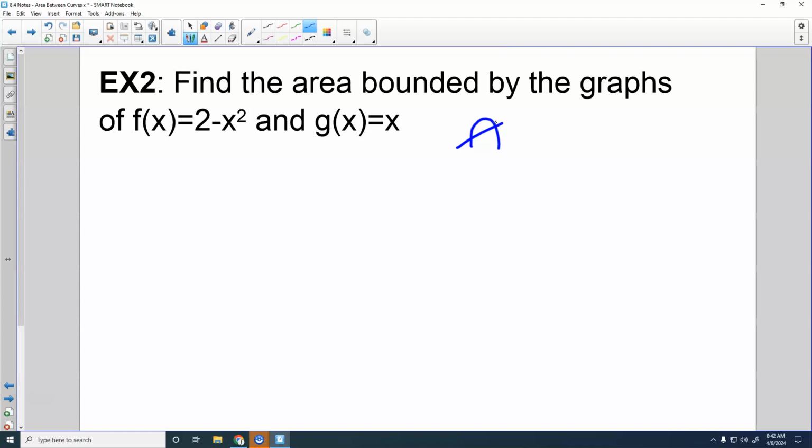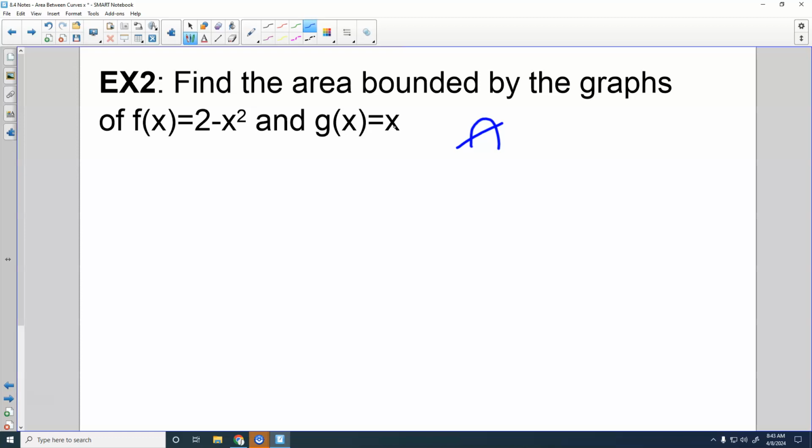Also, should we ever get a negative answer for any of these problems? We should not. It is area. Area should always be positive. So if you end up with a negative answer, what probably happened is you put the wrong equation on top. You put the bottom on the top, and that messed it up. So there's a couple ways that you could do this particular problem. You could try to do a graph,